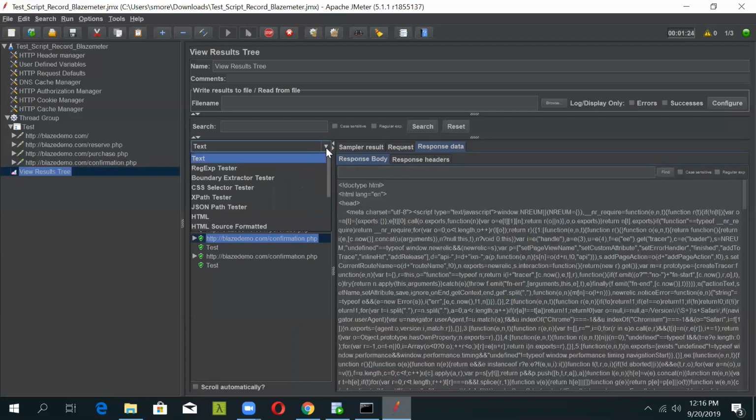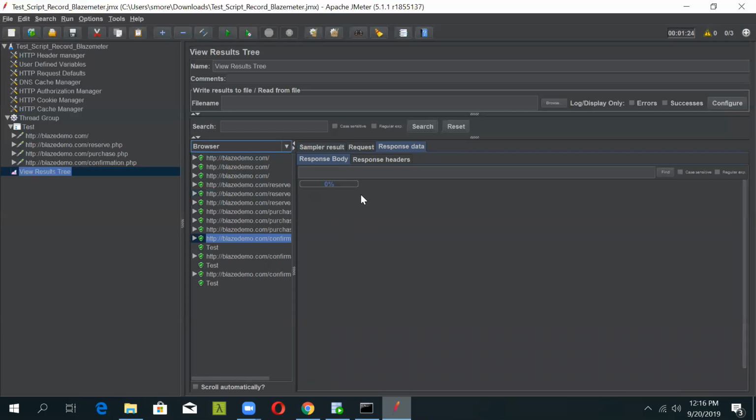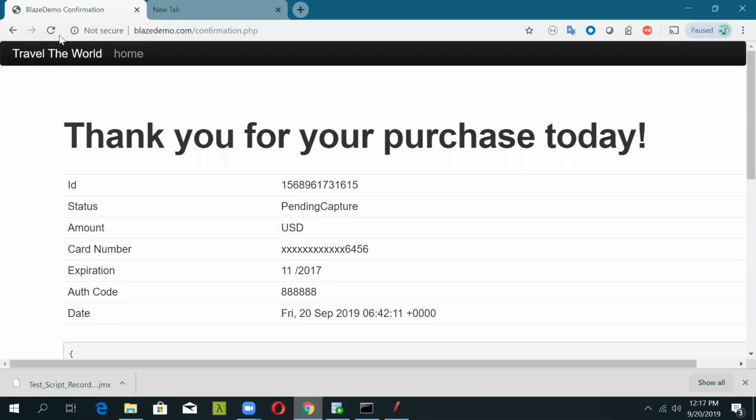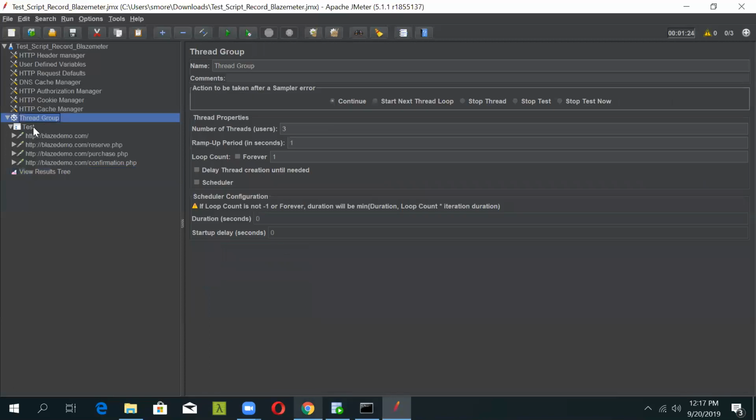If we make it as browser, I guess we will be able to see. But as it will be heavy, it will take some time to load. As you can see, the confirmation request has also been hit 3 times, and you can see the same response we got today in our browser. We have got thank you for your purchase today, and the same response has been recorded in our JMeter script. So in this way, we have recorded a script successfully using the Blazemeter plugin, and that's all for